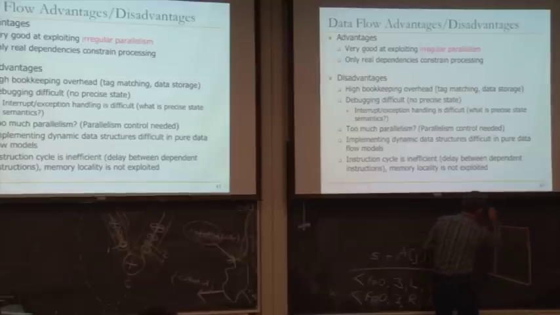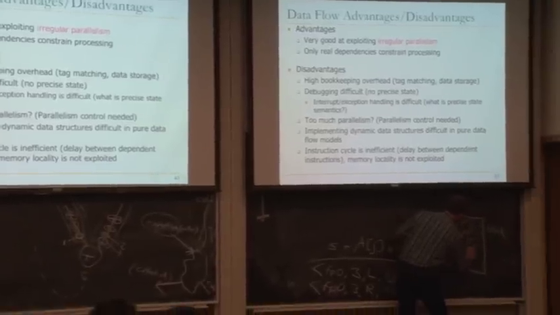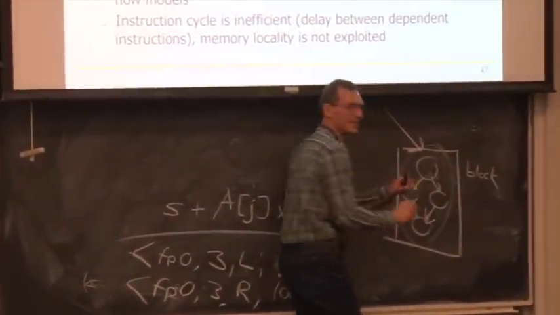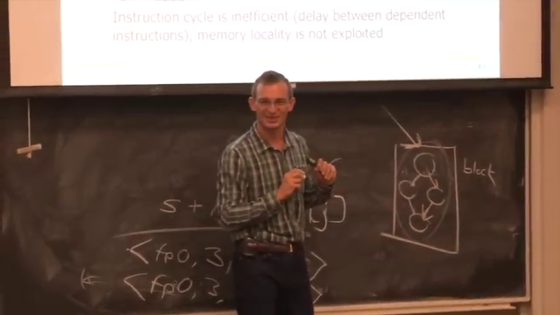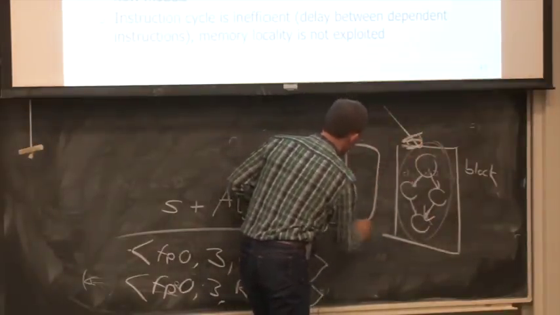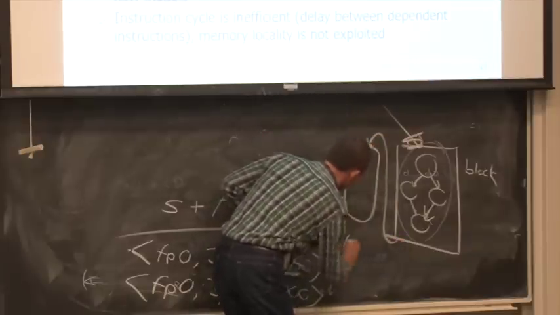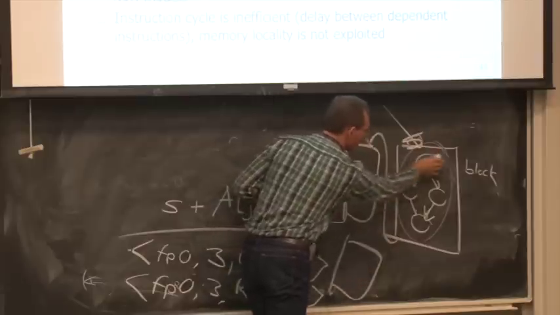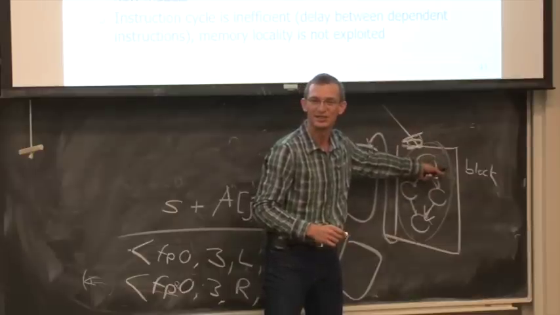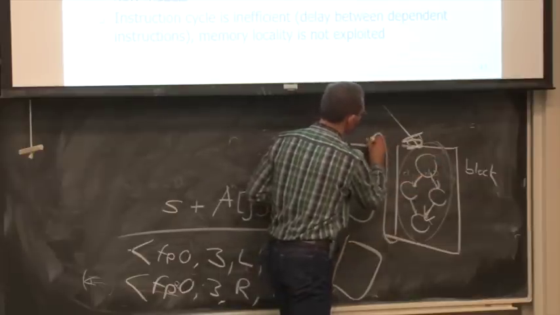So you can do data flow at block granularities. You can think of this block, and this block, can be executed in a control flow-like processor. So your core can be control flow-like, and then you can have another block, and another block. These blocks are executed in a control flow manner, so you can have registers in between, and maybe simple sequencing. But across the blocks, you have data flow.